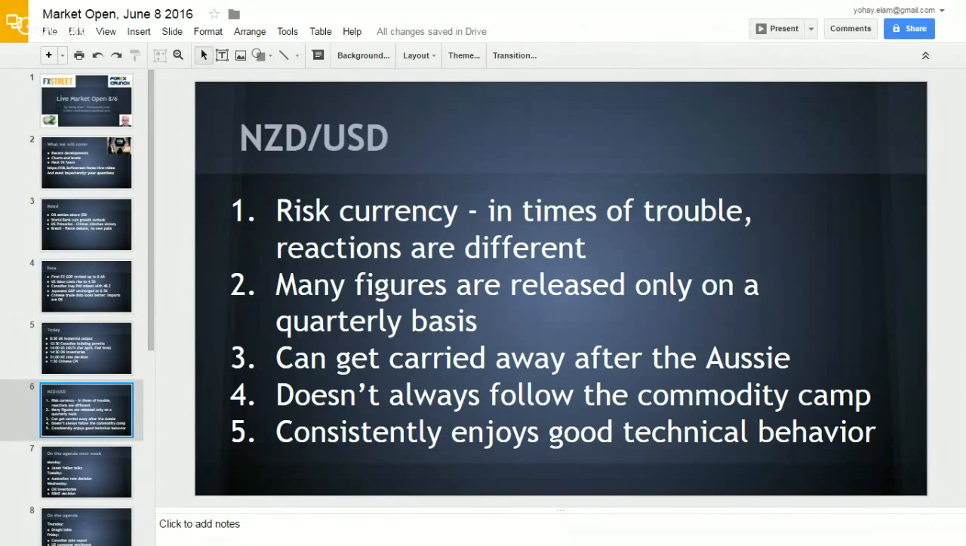So in times of trouble, when other commodities are falling, you can see that the demand for milk, for other dairy products, for wool, agricultural products in general is much more stable. Okay, so yeah. And the fifth point, this is similar to the Australian dollar, and of course it can be